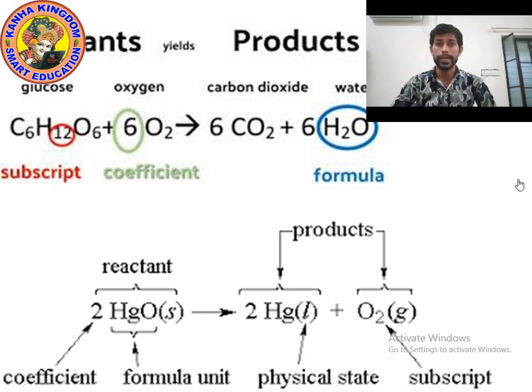Okay, as you can see on the screen, I have written two chemical equations. First is C6H12O6 + 6O2 giving the result 6CO2 + 6H2O, and second is 2HgO giving 2Hg + O2. Look at the first equation, C6H12O6. It is glucose, which means whatever we eat gives energy,